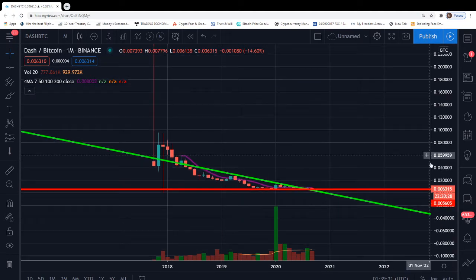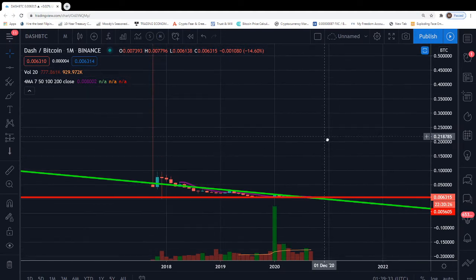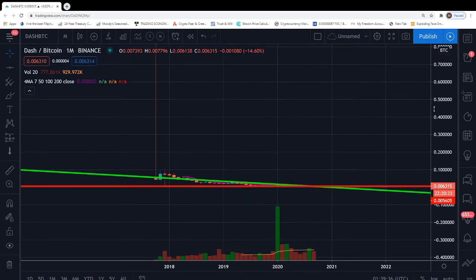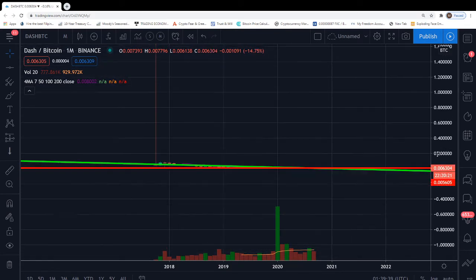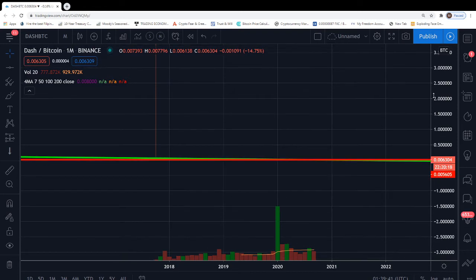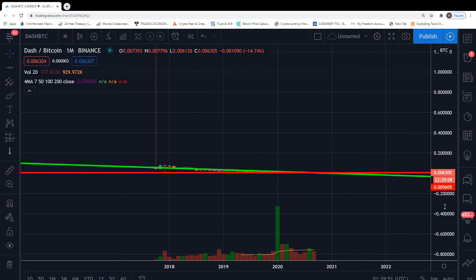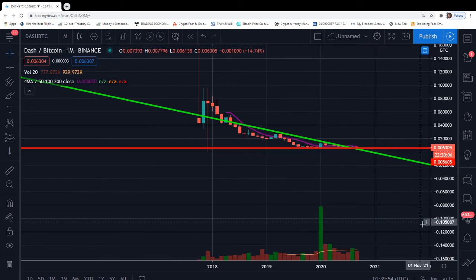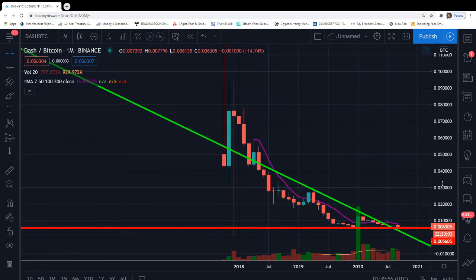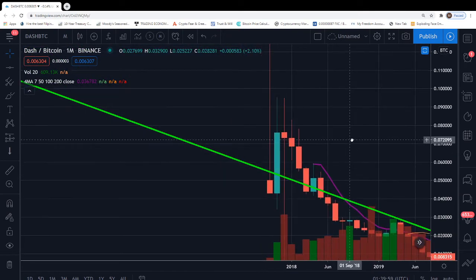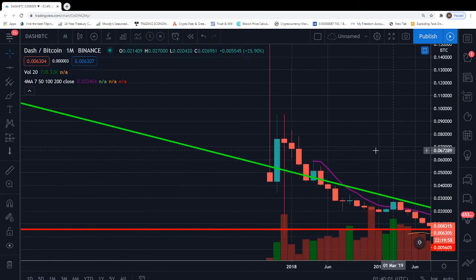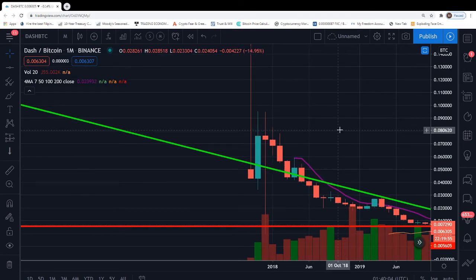One thing that I will point out, and I've basically mentioned this before. Believe it or not, you see this gigantic wick, I have to scroll so far out just to see the top of it. Can you guys see that? All the way here at 4.9 sats. That's where the top of that wick is. And I'll just zoom back in so you guys can see this. And I know a lot may disagree with me on this, but this is just my way of understanding. And I have a very short life span on my knowledge in this market. So, I'm very comfortable with being wrong, basically.